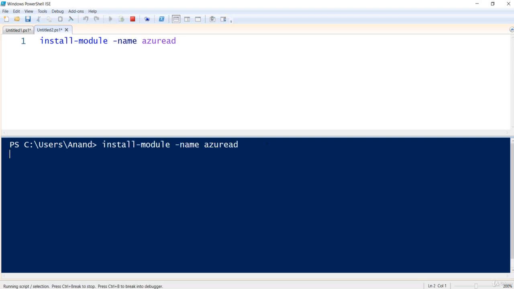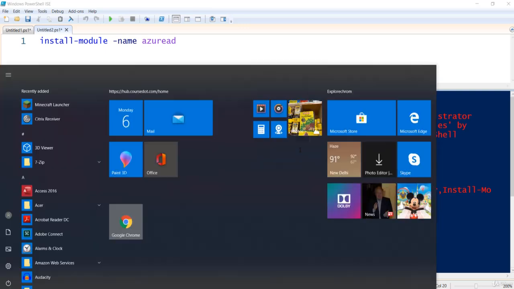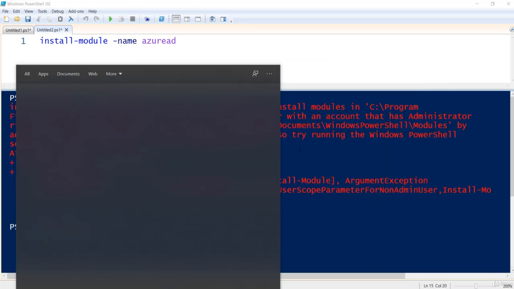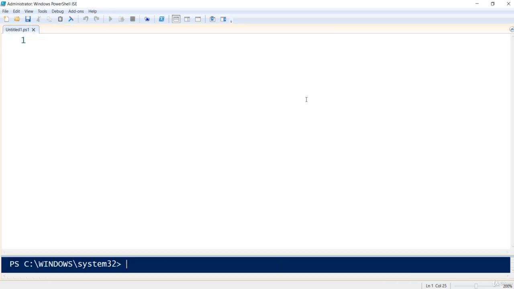If it is not installed on your computer, it's going to take a minute to connect to the internet and then get those modules installed on your device. All right, now I got this message, or rather say error message, which says that you got to have administrative rights to install this module. So what I'm going to do is open PowerShell one more time, but this time I will right click and run as administrator. Okay. All right, so this thing is ready for me,